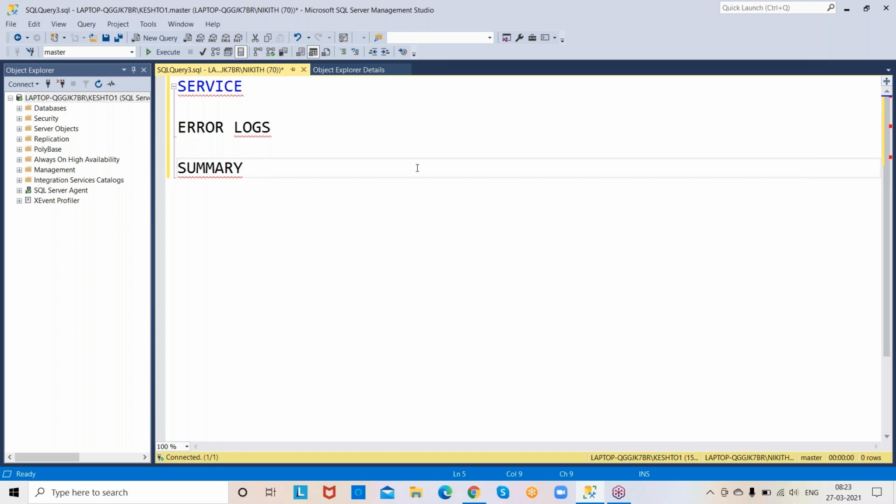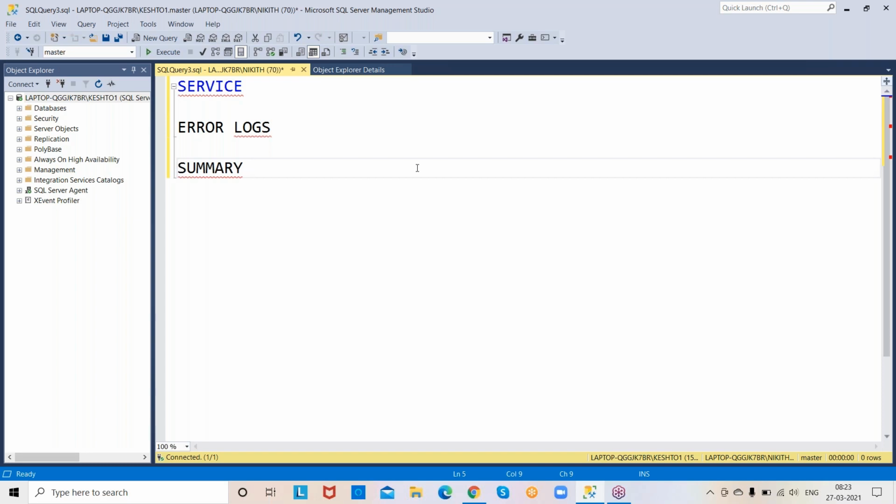Whatever error message we receive from the client is called a ticket. So suppose you received some ticket, that means you received some error from the client. You have to check it and understand the error, then only can you go for resolution. Without checking and understanding the error, how can you resolve it? It is not possible, right? Because of that reason, we check error logs.